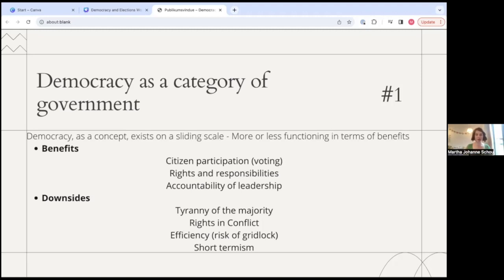Because democracy, to ensure accountability of its leaders and to ensure citizen participation, has regular voting periods, politicians might really only have incentives to do well for the next 4 or 5 years, however long the period is between elections. And people tend to forget quite quickly what has happened previously in the democracy if it is not brought up to their mind. So there's a certain short-term memory